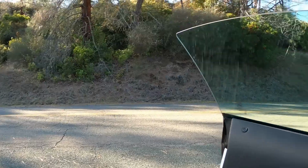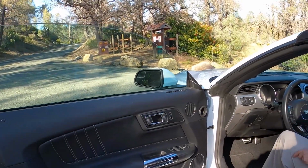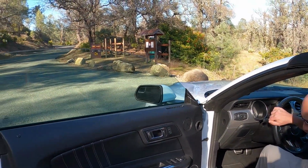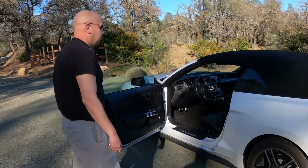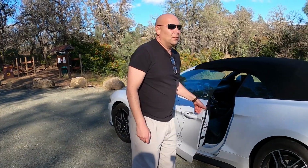And you always wonder why the Mustang guys are always going off the road at Cars and Coffee, and how come Mustangs are attracted to trees? Well, I can tell you, having driven one,